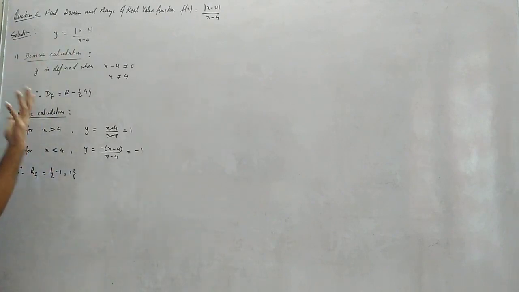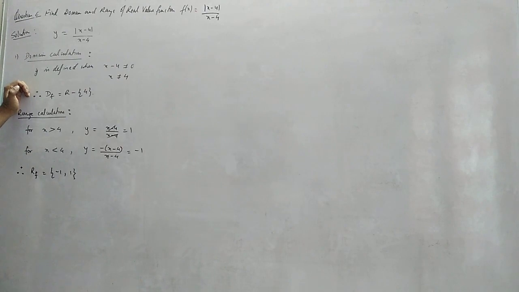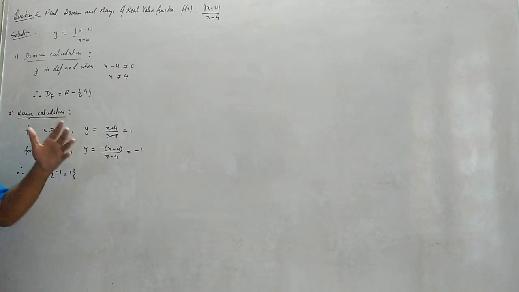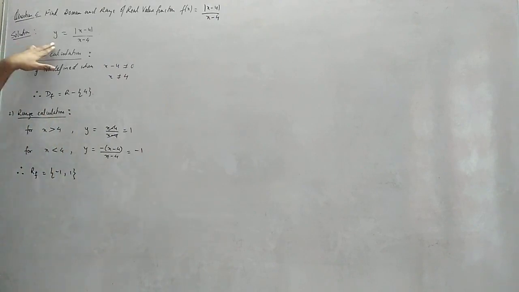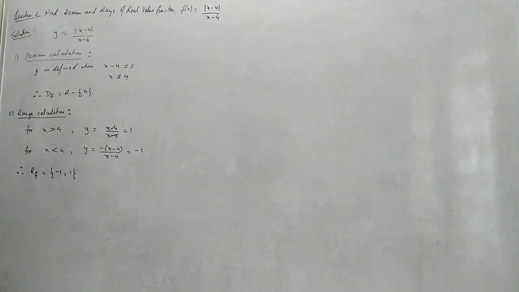There is no benefit, so that means I am least interested in the modulus function when finding the domain part. Do you understand? Why? Because for finding the domain part, this is under which pattern? Something by something. It changes from question to question. You have to understand it nicely: why am I not removing mod in the domain? When I'm calculating the domain, this pattern is something by something. This y will be infinity when the denominator part will be 0. So I am interested only in the denominator part, and there is no mod in the denominator part. So why remove mod? Clear? So now let's check normally.